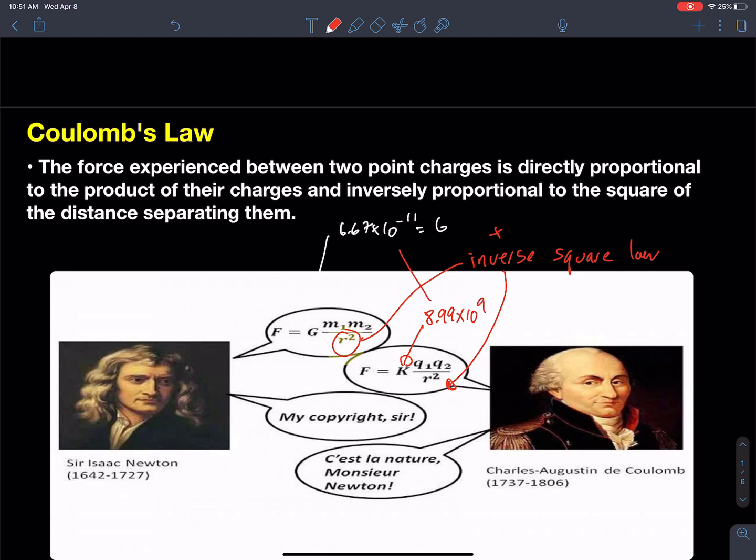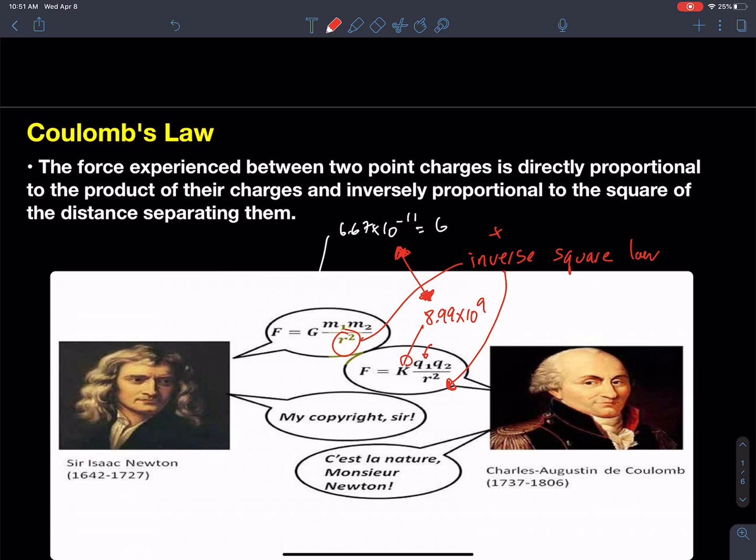Okay, so if I try to compare these, it's not really fair, because mass and charge are completely different things. You would think that if they were relative, the electrostatic force between charges is a lot greater than the gravitational force between masses. But you can't really think that because they're apples and oranges. You can't compare that. And what we have to remember is that our standard unit of charge is a coulomb,